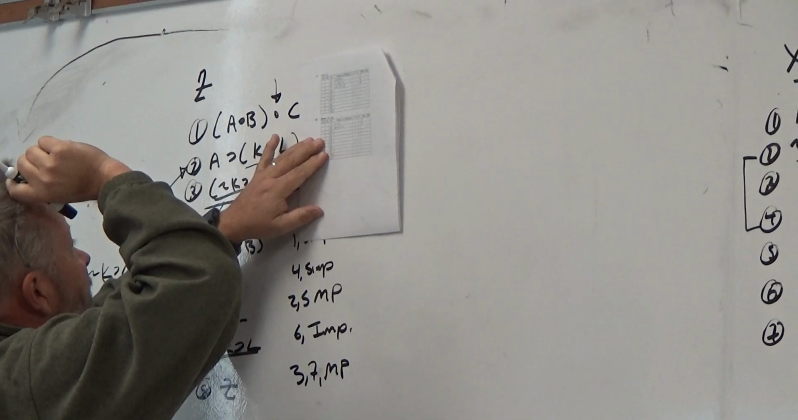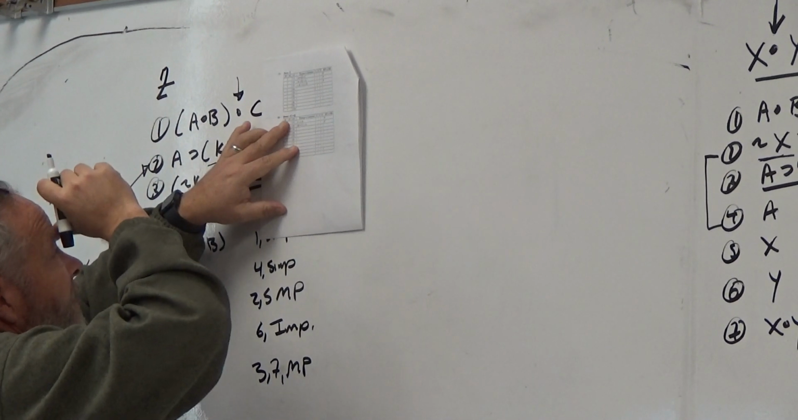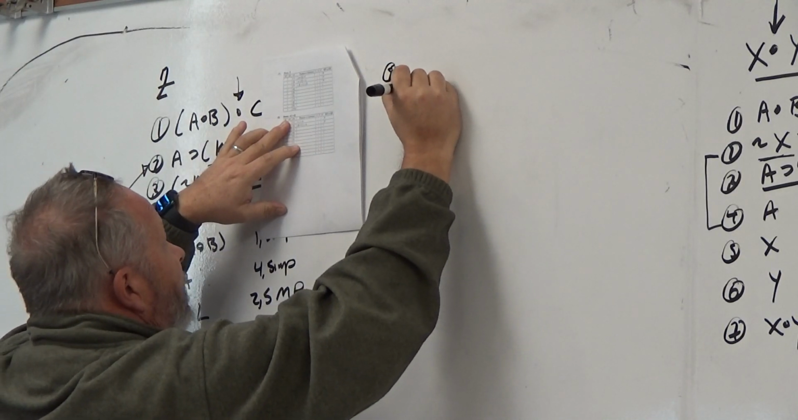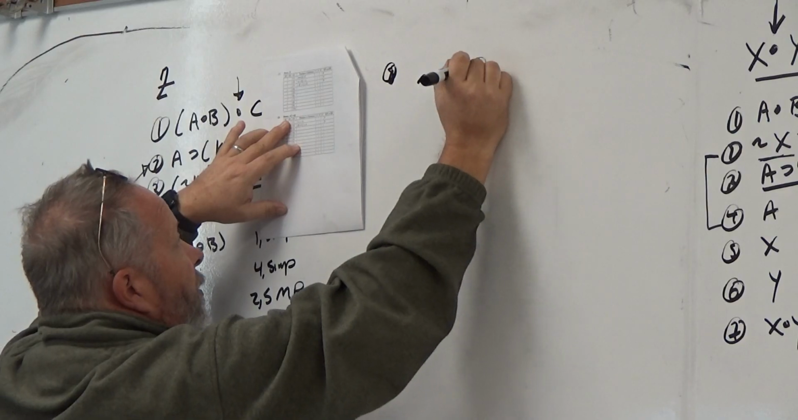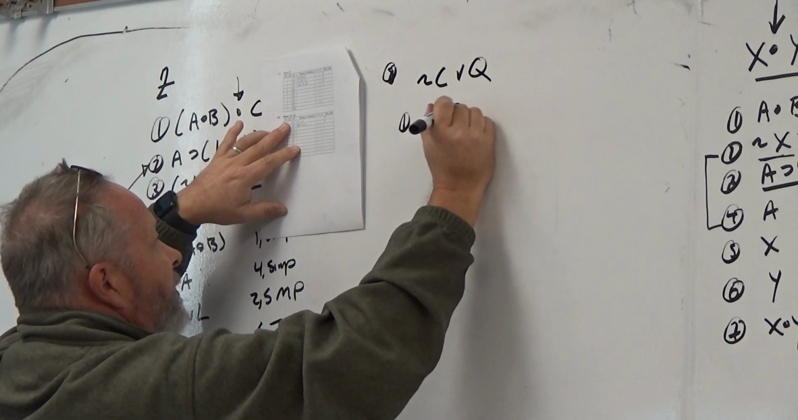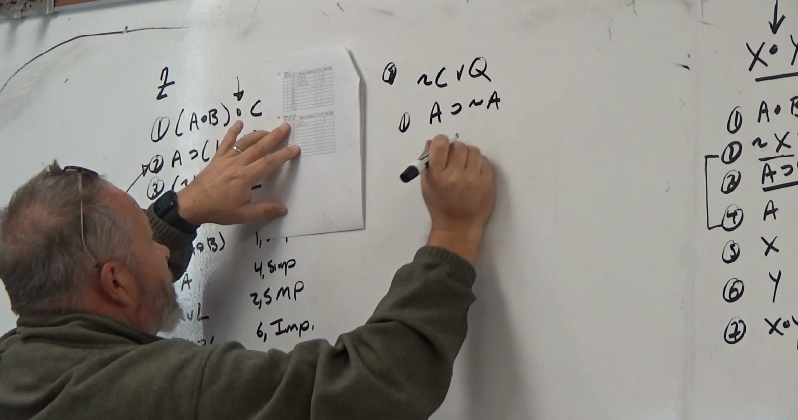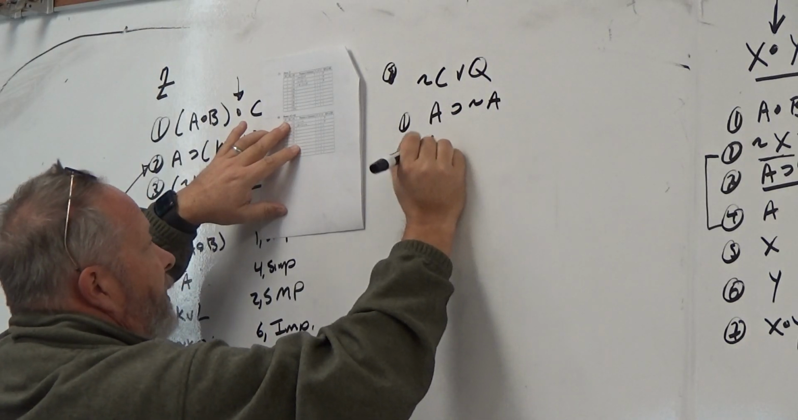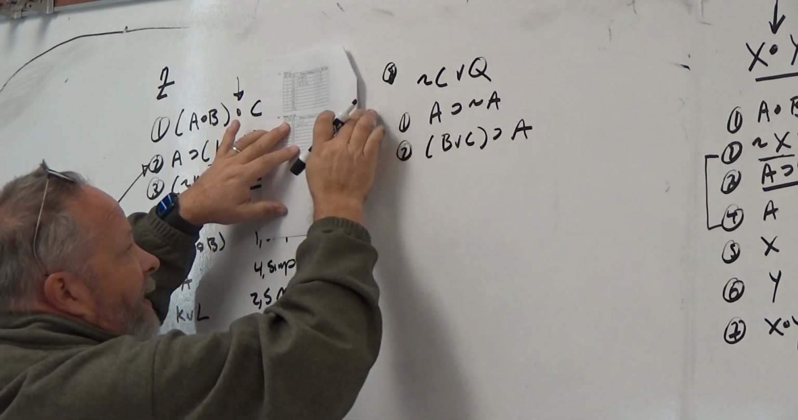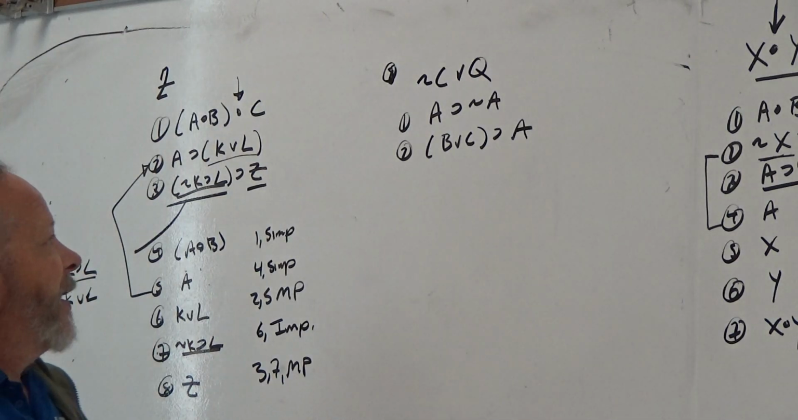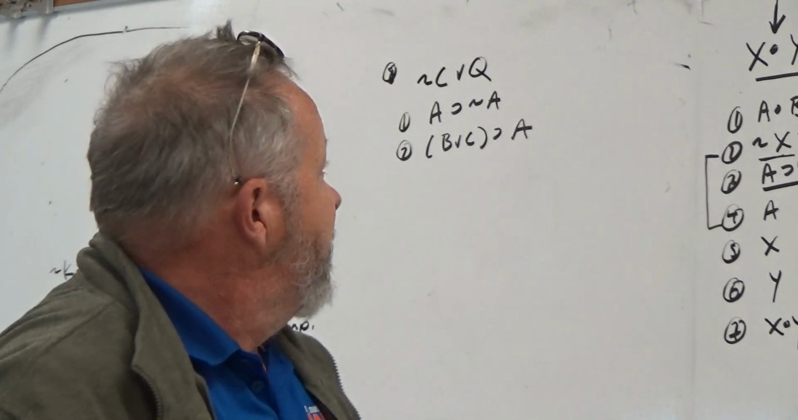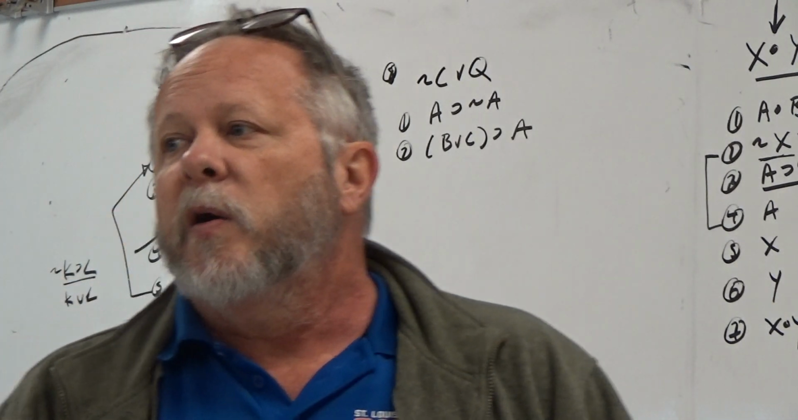Later. Okay, so number 8. I get not C or Q. Number 1, this looks suspicious. And 2 is B or C, then A. Okay. First of all, notice we need to get the disjunction, not C or Q, and there are no Q's